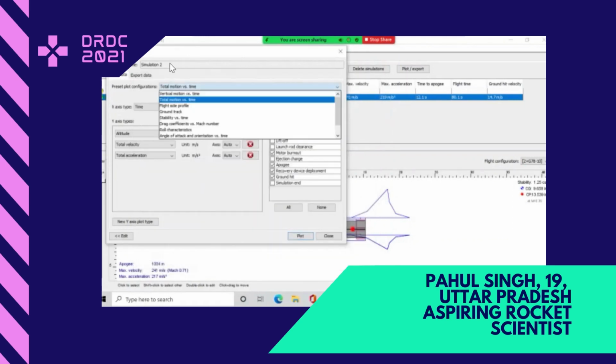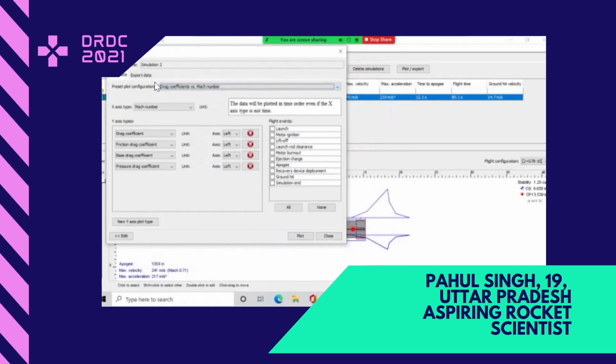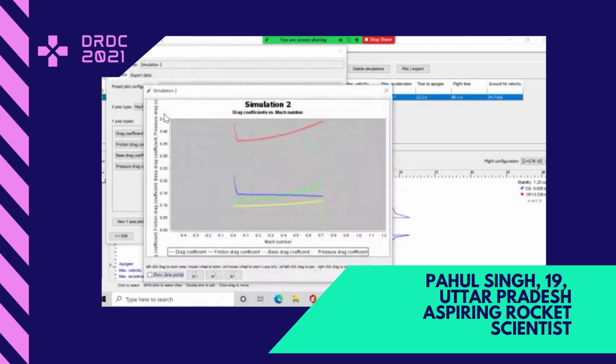Next, post this, drag coefficient. That is one of the important factors, the coefficients of drag that the rocket is experiencing. So here is the graph. Initially the drag first decreases and then increases, because as the Mach number increases, as we know, as the velocity increases, drag also increases by a factor of square. This is the law of aerodynamics, because it has to cut through more air, and air starts sticking to the rocket as the velocity increases.